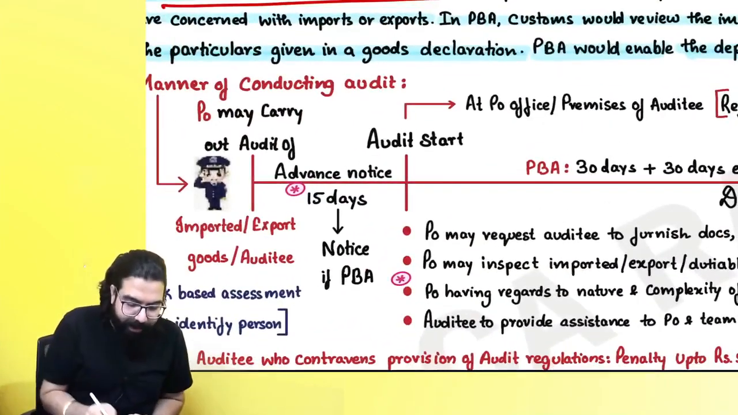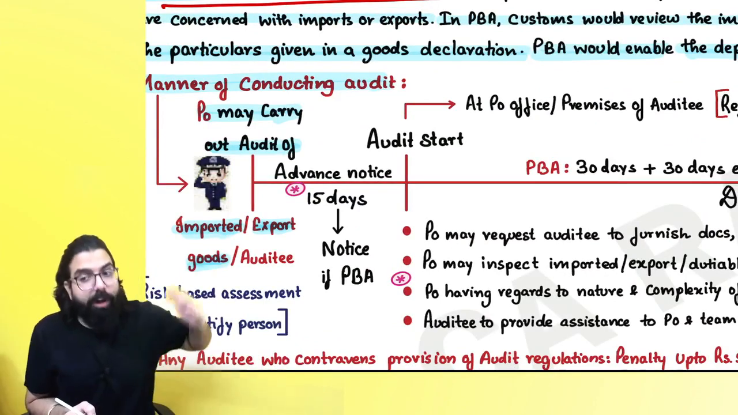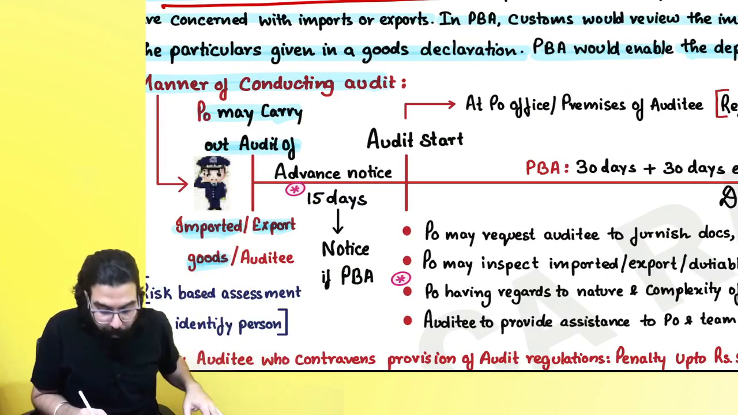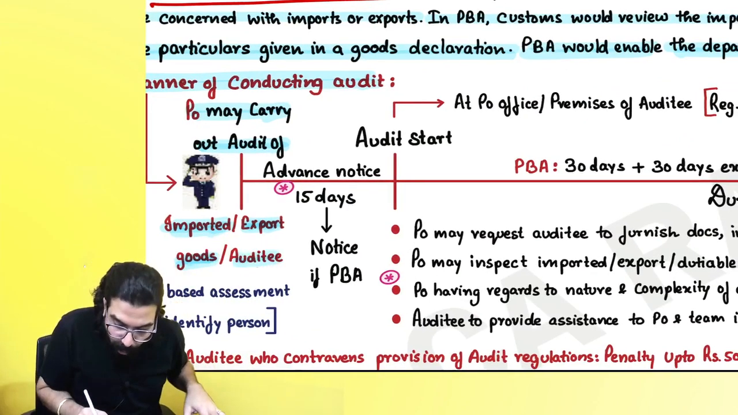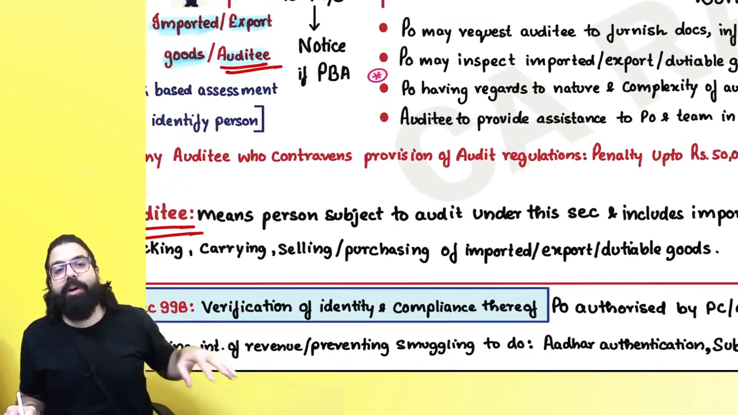The next one over here is manner of conducting. Proper officer may carry out the audit of imported goods, exported goods, or the goods which you are going to export, or the audit can be of the auditee also. Always remember who can be an auditee. Auditee means a person whose audit can be done, and